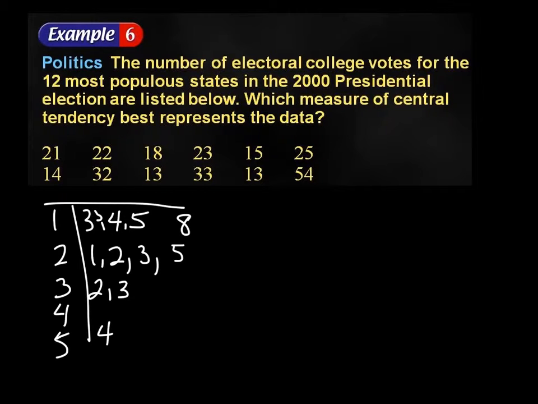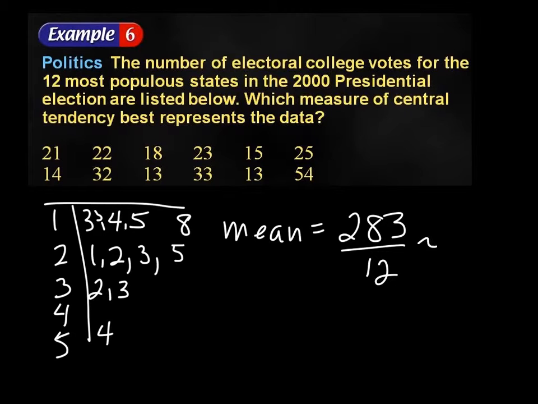without having to rewrite all your data. And a good way to double check that I have my points, I'm going to count, I've got 12 pieces of data, I hope I have 12 numbers, 12 leaves, 1, 2, 3, 4, 5, 6, 7, 8, 9, 10, 11, 12. Good. Okay, so now to find the mean, we need to have the sum, which was 283, divided by the number of pieces of data, which was 12, which is about